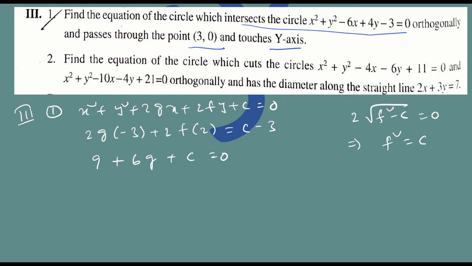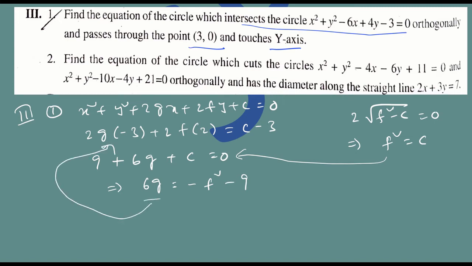Okay, so it is simple now. Actually, we are going to get a quadratic now. So I substitute that value of c here. So I am getting 6g is equal to minus c, that means minus f square minus 9. So this 6g value we substitute over here. So substituting there, I'll get f square plus 9 plus 4f is equal to c, means f square minus 3. Okay, so we cancel f squares on both the sides and we are getting 4f is equal to minus 12, or I have f is equal to minus 3.